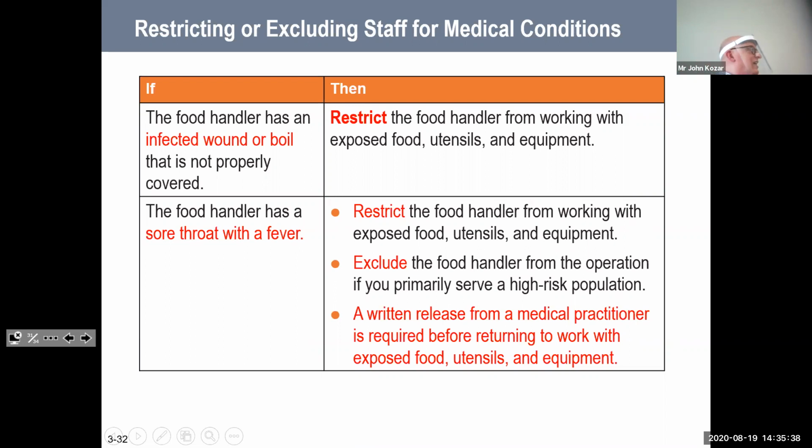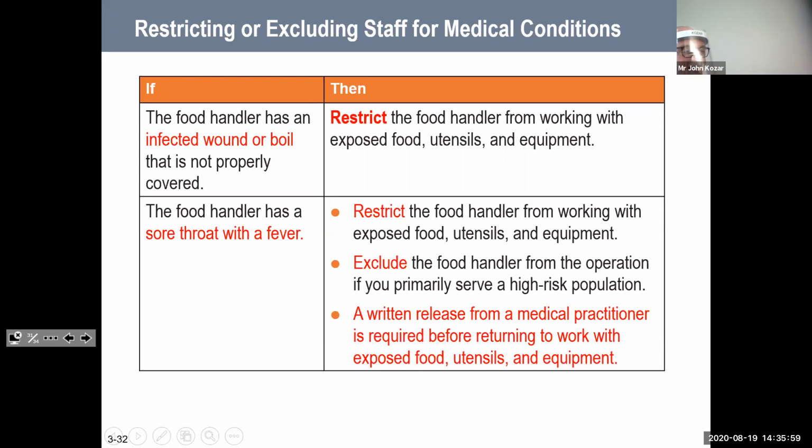However, if you're working in a nursing home or a hospital or a daycare center, that person can't come into the building because you're working with a population that is more sensitive to foodborne illness, so they can't come into the operation.